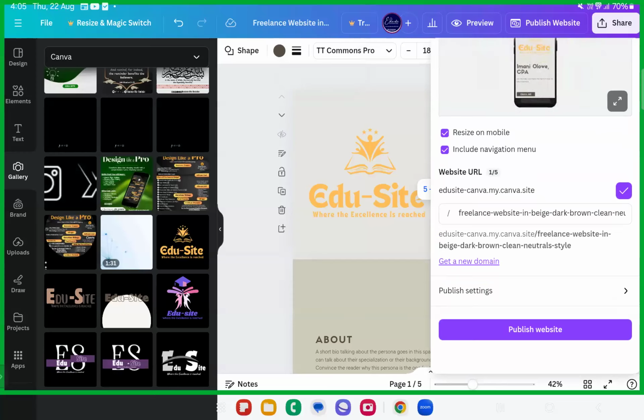So make sure, with one Canva free account, you can create one website. So make sure you're doing it very excellently. Don't do it right now. Don't publish it right now. Once you edit everything, you can just publish it later. Fine. So that thing you will just get on this site, EDU-SITE